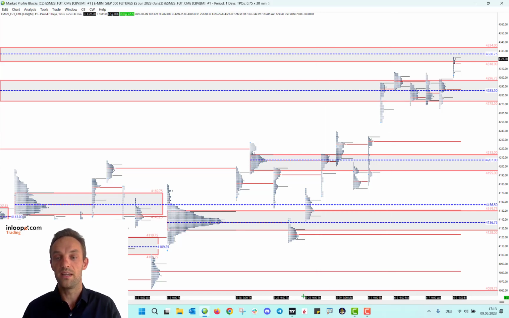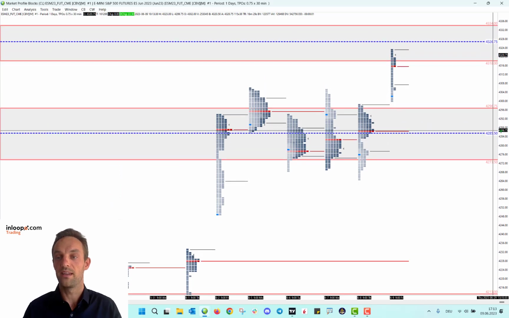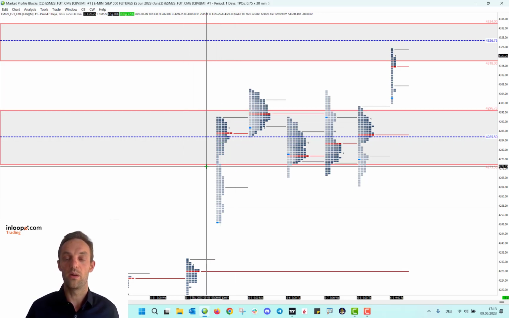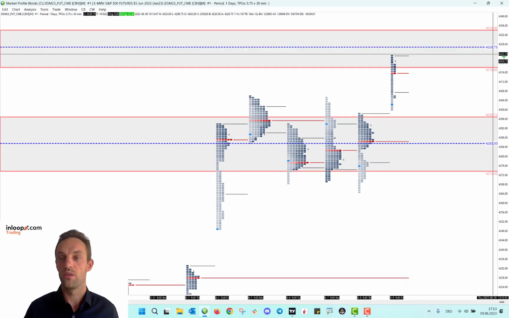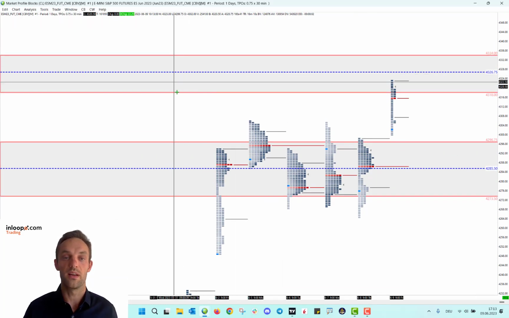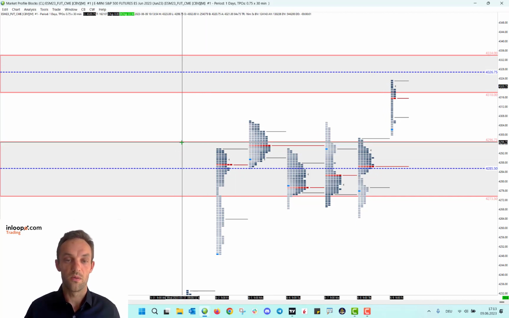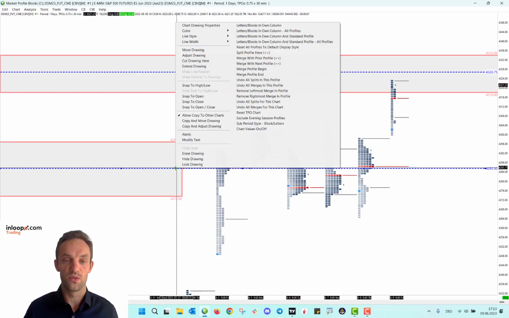So let's zoom in here for the last trading days and make an example. Here you can see the last trading days, they went up here, and where was the target? The target was here in the prior value area from the past. So this is exactly what you can see here, and of course even more, there is another prior value area one level above. So I cut this now to draw new composites.